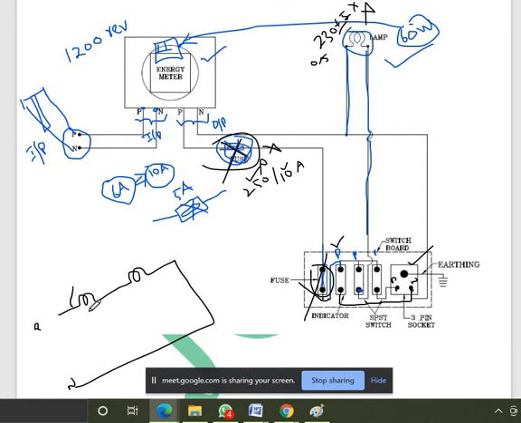Any doubt? Home wiring is a parallel connection. Commercial wiring is parallel only. Let me explain why not series. When you connect in series, what will happen? Here I connect 230 volts across the two lamps, lamp 1 and lamp 2 both connected in series. So the total voltage of 230 will be divided by 2. The voltage drop across each lamp will be half of the voltage: 115 volts here and 115 volts here.